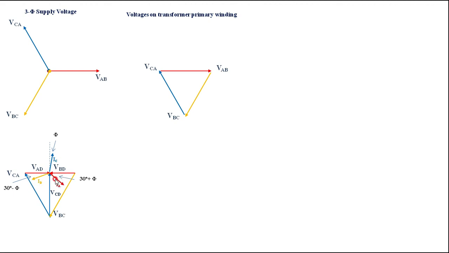Here there is a change in the phase angle with respect to the different voltages because of the two transformers you are using, and there is a phase shift: one is 30 plus phi, the other one is 30 minus phi. These are the current vectors of the primary. Then if you are looking into the secondary winding, the secondary side,